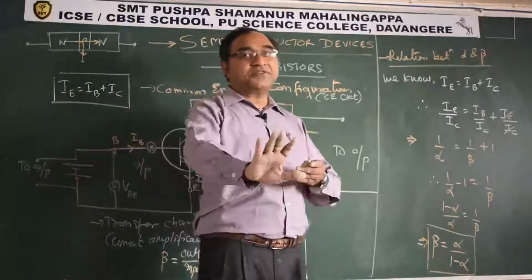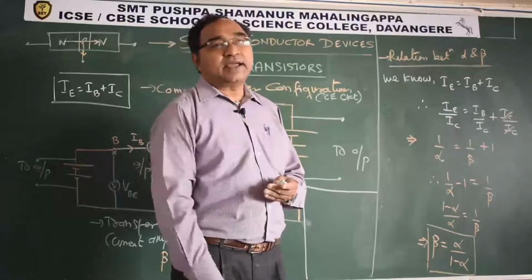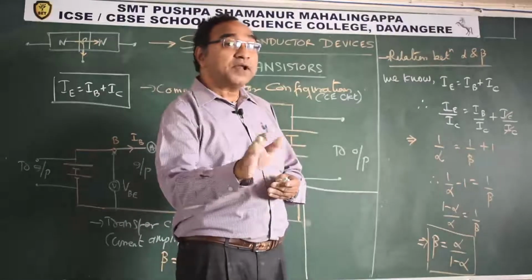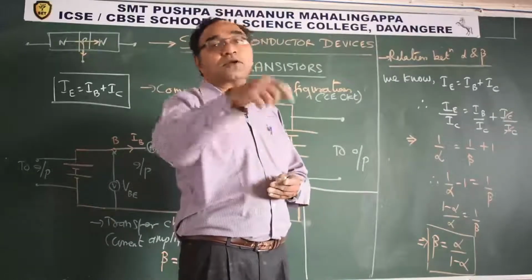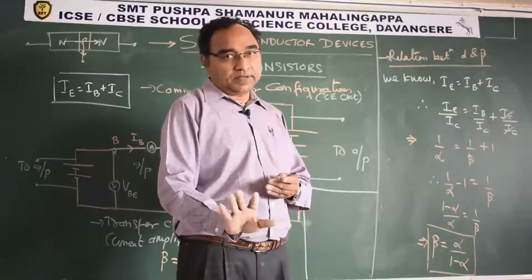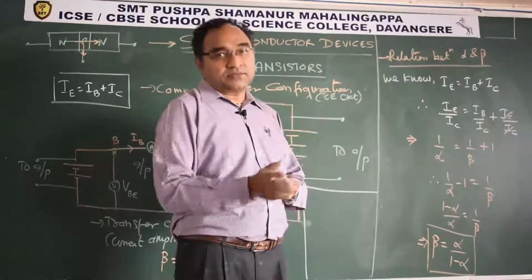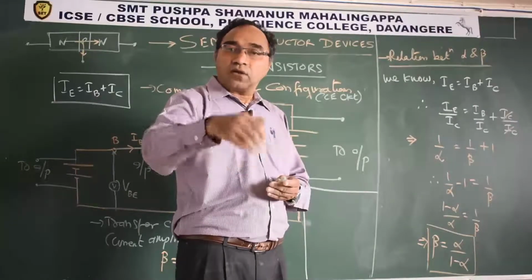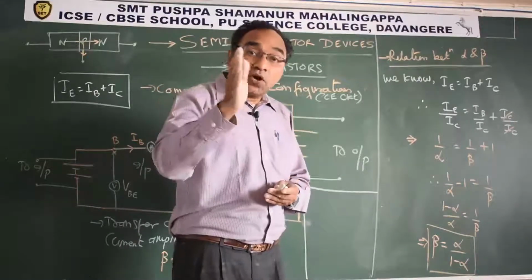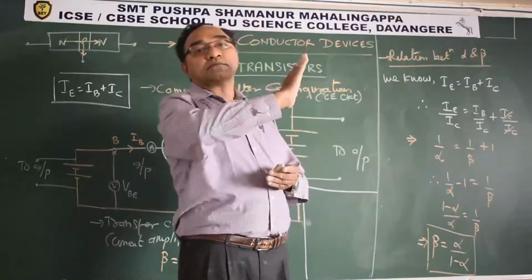Please understand the English statement. You cannot go beyond 0.99. You cannot have 0.995. You cannot have a fraction of an electron recombining. Either the complete electron will combine or it will not recombine. You cannot make 1/3 of the electron neutralize. So it is 0.99, it cannot be more than that. You should not have less than 0.95. This is what we need.